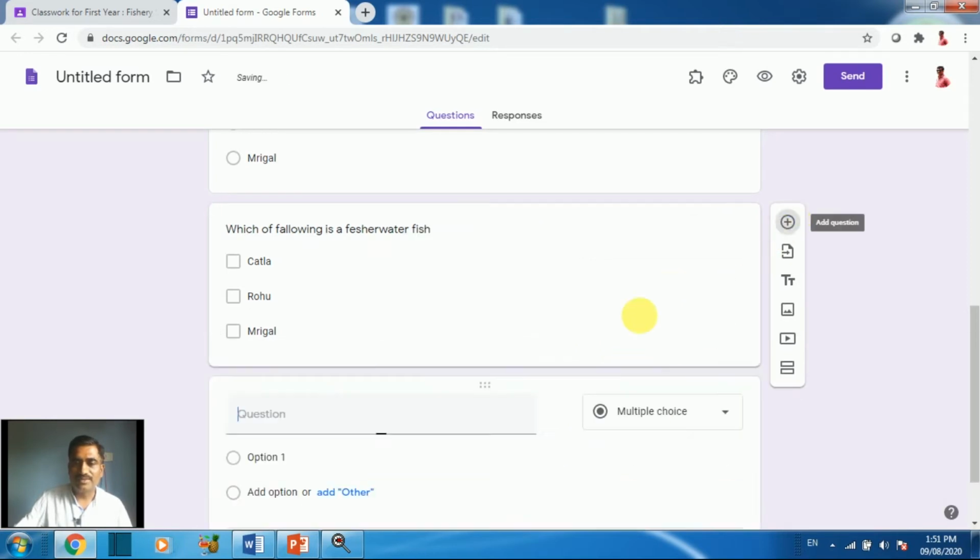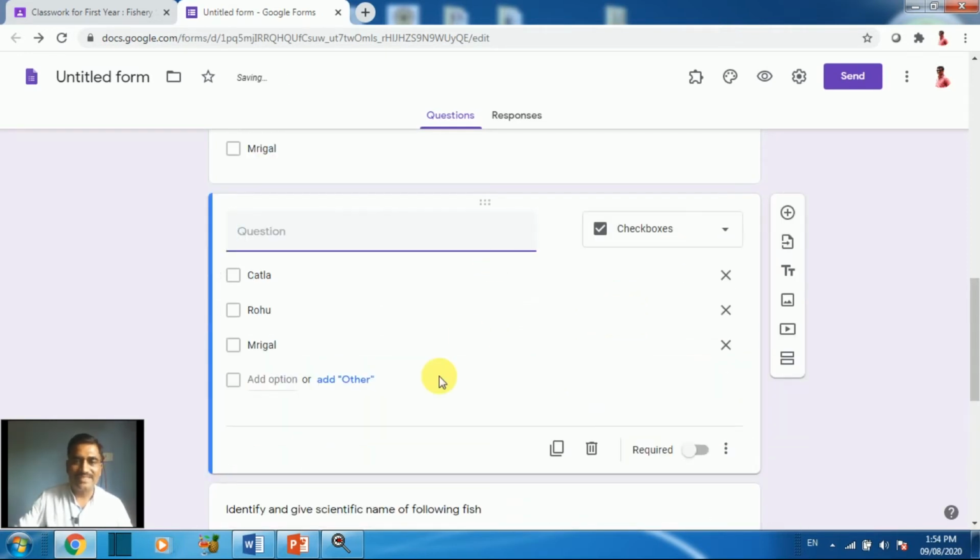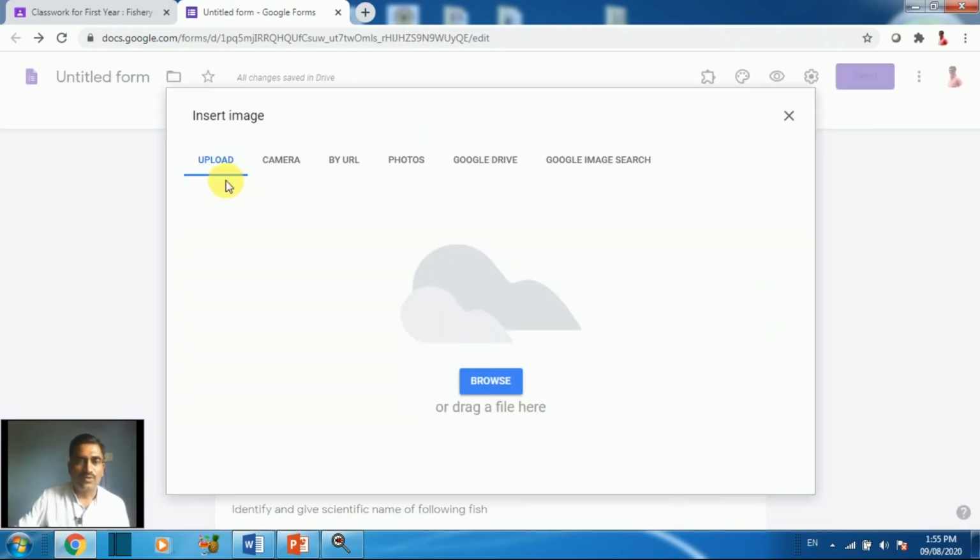Next question, just add. If you want to insert an image, just give a question like that: identify and give the scientific name of the given fish. Just select. You can upload an image of the selected fish by browsing. You can take a direct picture from your camera.